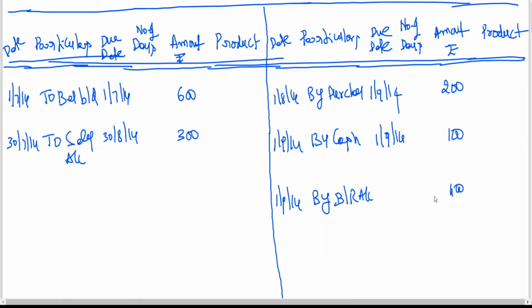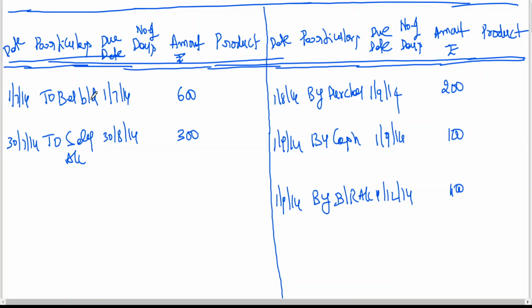Amount is 400, due 4th December 2014. Now you have to calculate the number of days. We can start from 1st July. I told you the opening balance date also has to be included. For this you can go for working notes, calculation of due date. I think by this time you are comfortable. I have given the note in the previous classes. So 1st July: July 31, August 31, September 30, October 31, November 30, December 31.